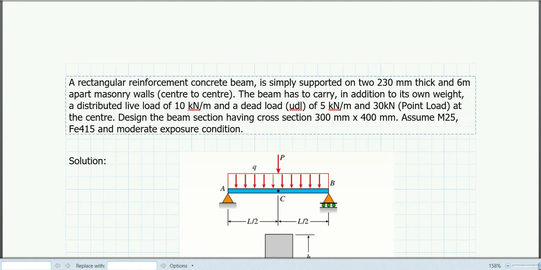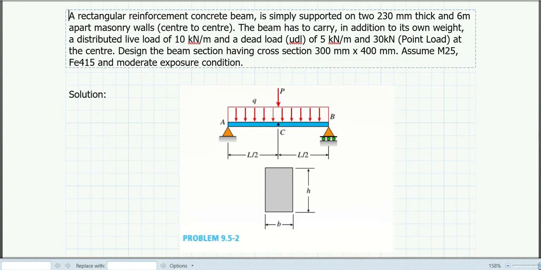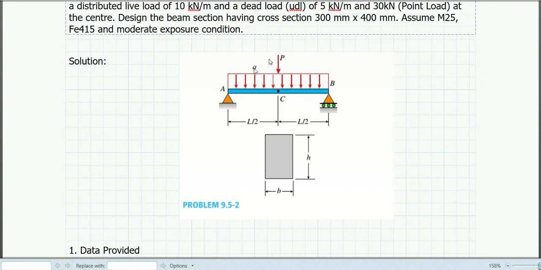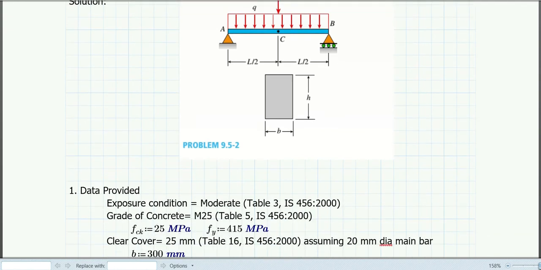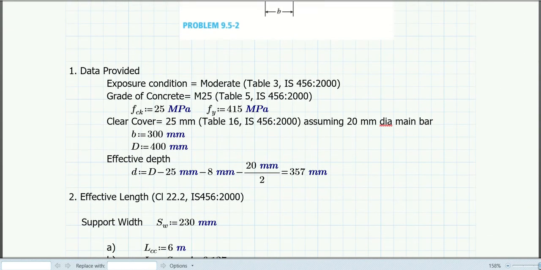So let's look into the solution of this problem. This is the figure of the problem that is already given to us, so I think it is very clear to you. Then let's see what data are provided in this question. The exposure condition is moderate as per Table 3. You can find out the nominal cover that is required for the moderate exposure condition. Then the grade of concrete is M25; considering the moderate environment condition we have considered M25 grade of concrete,